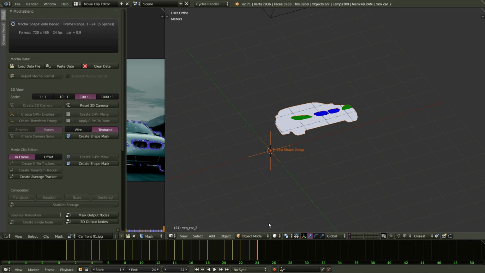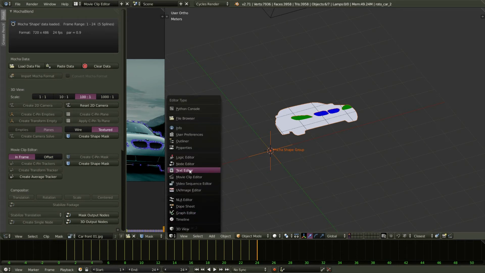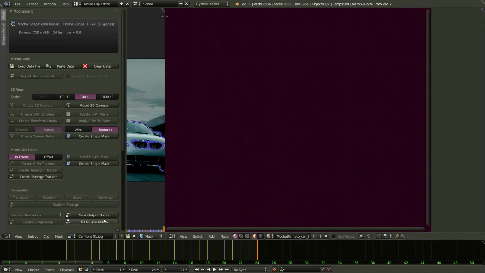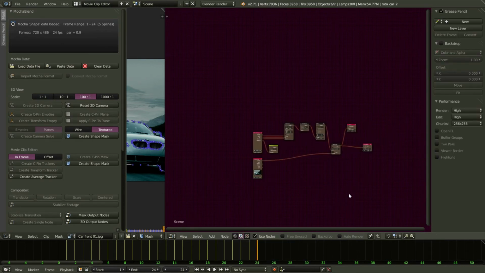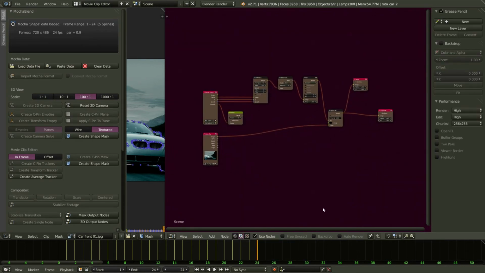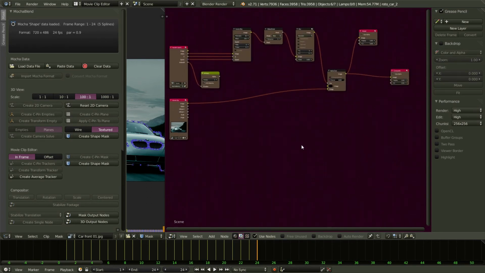Now let's switch this view over to the node editor, and press this button here, 3D Output Nodes. Now if we zoom out a little bit, somewhere in here we have some output nodes. If you don't see them, go ahead and press Compositing Nodes here, so we have the correct setting for the compositor. And let's go ahead and look at these full screen. I'll press Control up arrow,